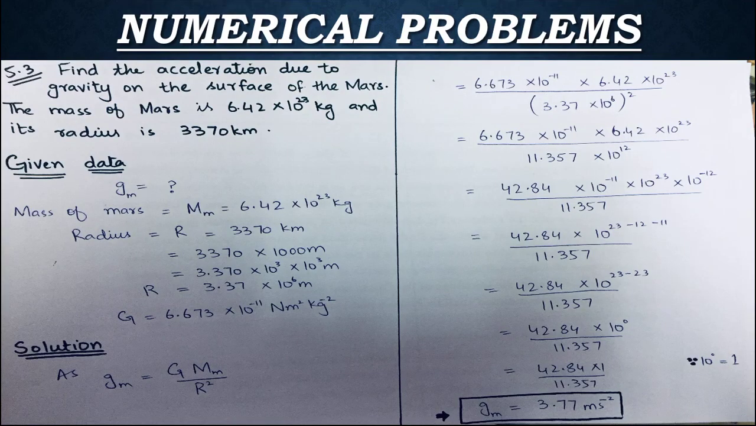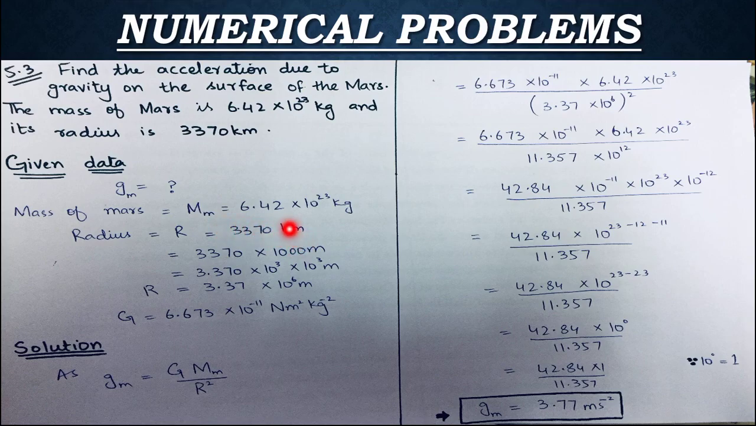Let's move on to numerical number 5.3, which is: find the acceleration due to gravity on the surface of Mars. The mass of Mars is 6.42 multiplied by 10 raised to the power 23 kg and its radius is 3370 kilometer. So we have to find out the gravitational acceleration, which is g, and because it is on the surface of Mars, that's why I write m in the subscript. And the mass of Mars is written as 6.42 into 10 raised to the power 23 kg, and the radius is